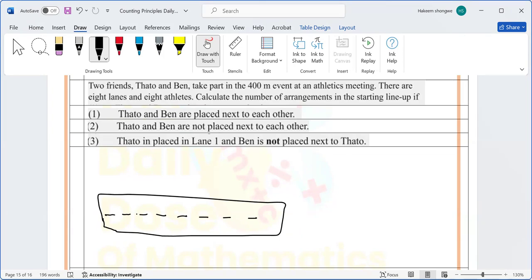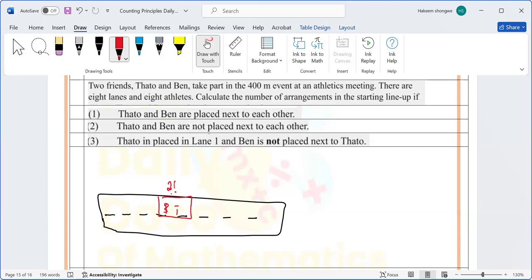Yes. Since they want to be together, you can say, don't put them here at the beginning. I've seen it becomes a mistake there. So we can rather take these 2. We can take Ben and Tato. Yes. So we have Ben, and then we also have what? T. But we could have had T and B. And B. So how many ways can this occur? It can occur 2 factorial ways.